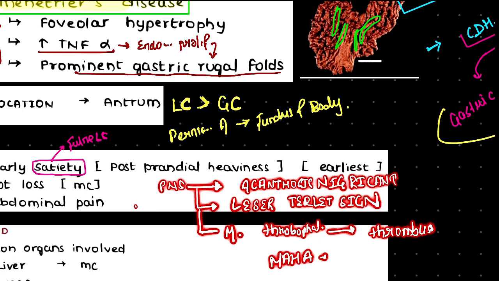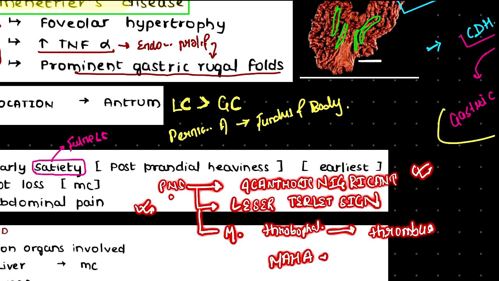So I mentioned three conditions right here. Talking about the clinical features of adenocarcinoma of the stomach, it can present with paraneoplastic syndrome. The first one is hyperpigmentation of the skin in the region of the axilla, and that is what we call acanthosis nigricans.